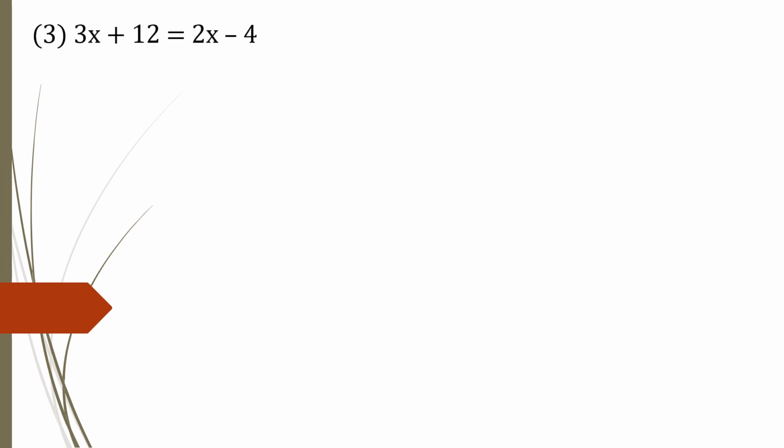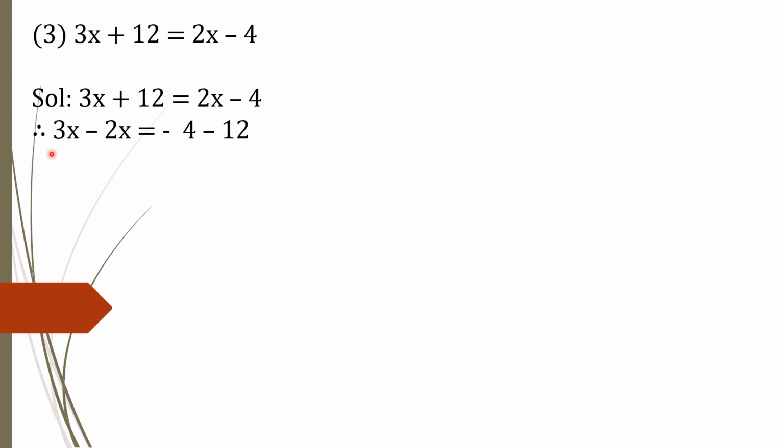What is given? 3x plus 12 equal to 2x minus 4. Here in both these expressions, you can see 3x, a variable, is there on the left hand side and on the right hand side 2x is there. So we'll bring variables to the left hand side and the numbers to the right hand side. Is it clear, students? So let's start the solution. 3x plus 12 equal to 2x minus 4, which is given. So I'll bring my 2x to the left hand side, so it will become minus 2x.